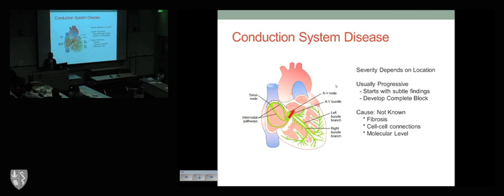Now, why do folks with myotonic dystrophy develop problems with the electrical system? And I think this is one of the themes in the conference. We don't know. There's still a lot that we're learning about myotonic dystrophy and the effects on all of the organ systems, including the heart and particularly the electrical system. There are theories that there's some form of fibrosis or scarring. Perhaps there's a problem with the connections between the cells in the conduction system. And as we've heard about this morning, there are a lot of things that are happening inside the cell at the molecular level that we're still learning about.